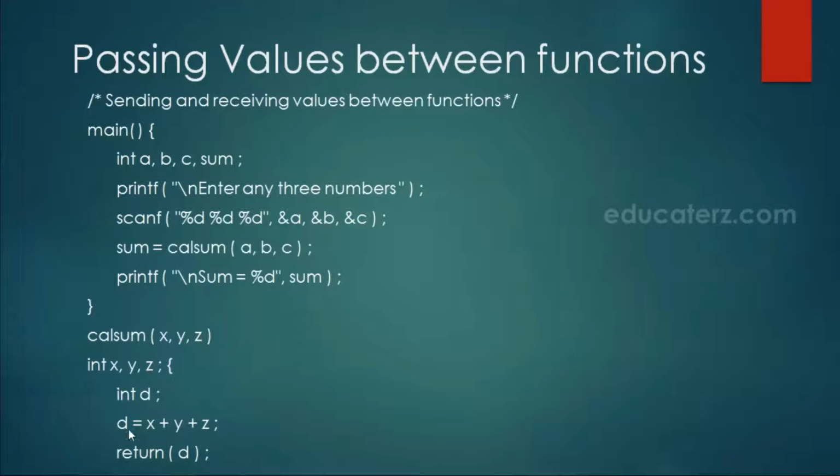Then it is performing the calculation and returning the output, that is the value, with the return statement. As soon as we call return, control goes back to the caller function with this value, and that value is now assigned to this sum. That value the caller can now use for display or any business logic. This is how we can pass parameters to the function and accept a return value from the function.